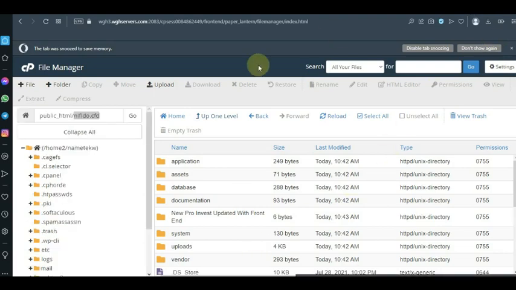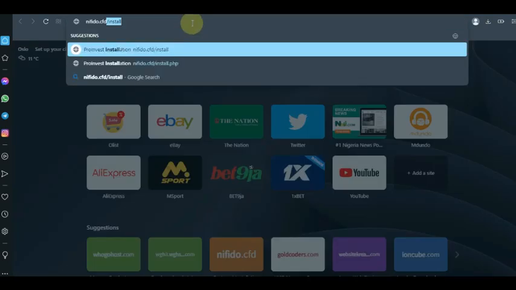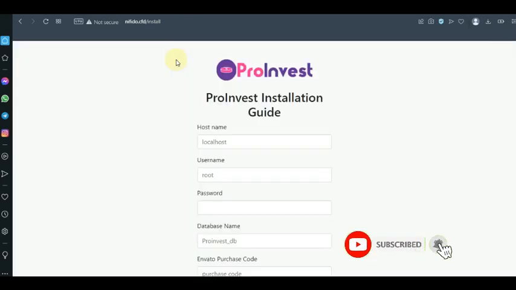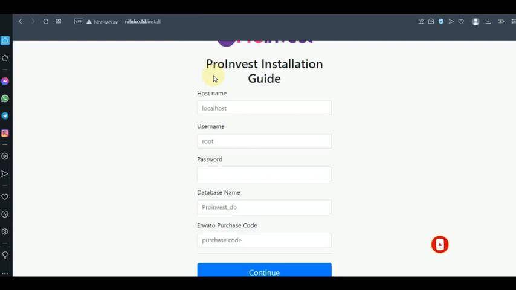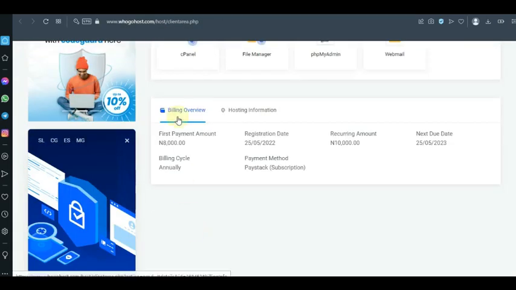Now you want to go to a new tab, and then type in the domain name /install. Okay, I already have it here. Now you type in the domain name /install or install.php, whichever suits you. Just type in install, and it's going to redirect you to this page. Now on this page, you want to first go back to your back end, which is your cPanel,